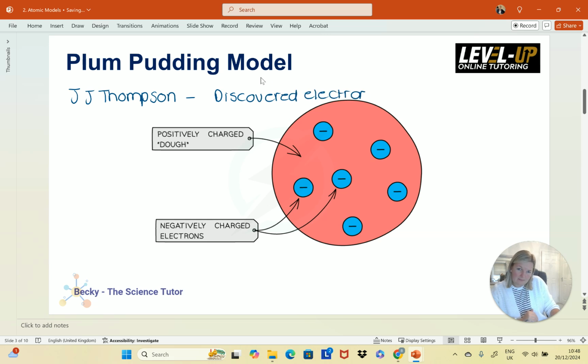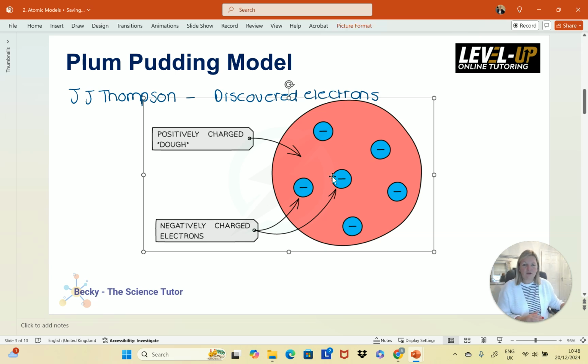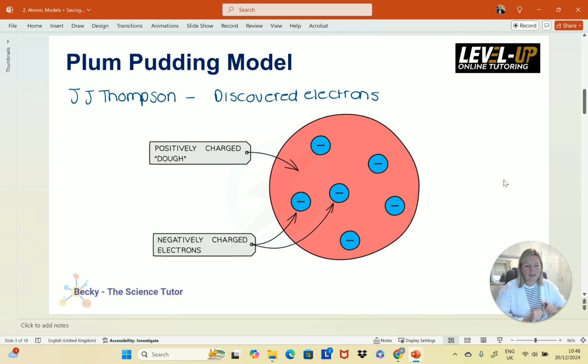Okay. So he discovered electrons and then thought, well, hang on a minute, that means that atoms can't be these indivisible things because we've got electrons, and that's now two things. So what he then came up with, how he changed the model, he changed it to the plum pudding